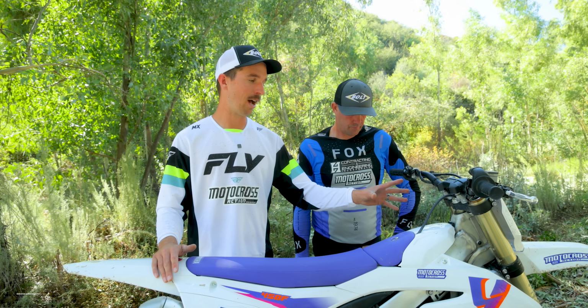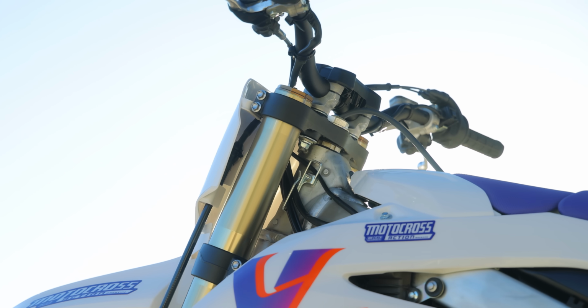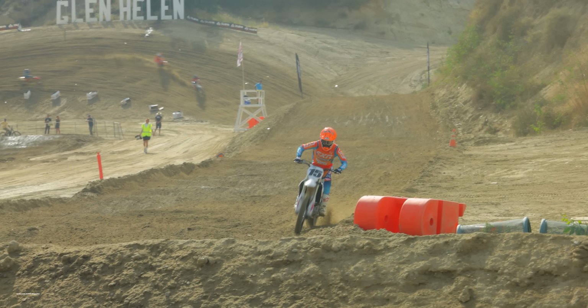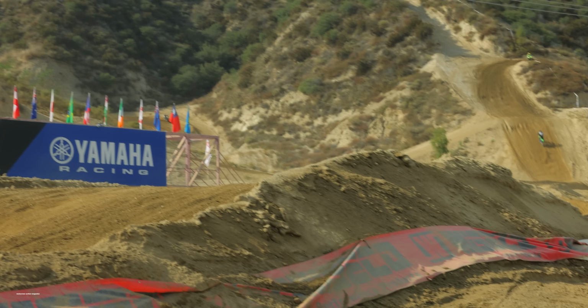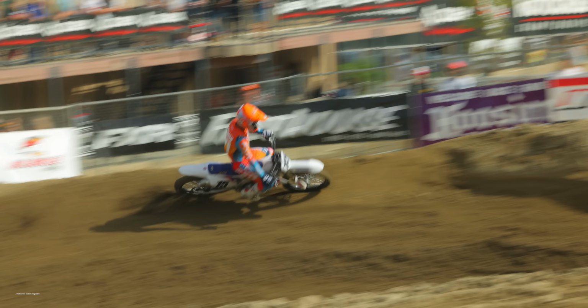The biggest thing I should mention also, the poor man's steering dampener, tightening up the steering up here to slow down that wiggle that you get down the hills. This bike is very, very nimble. Comparing the 22 and prior model YZ450Fs, ultra stable, but heavy, bulky, and kind of hard to turn. So this one's like extremely nimble, much more like a Honda, much more exciting to throw whips off the finish